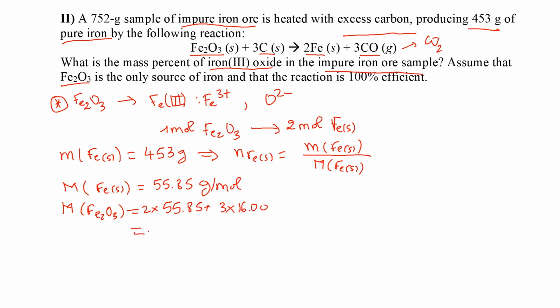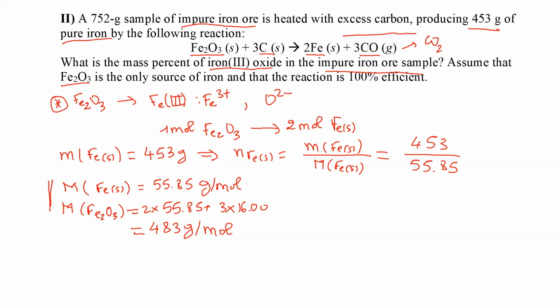And if you calculate it, it should be equal to 483 gram per mole. Okay, so we have our molar masses, and we have our number of moles of iron. So it will be equal to the mass of iron that is produced, 453, divided by the molar mass, which is